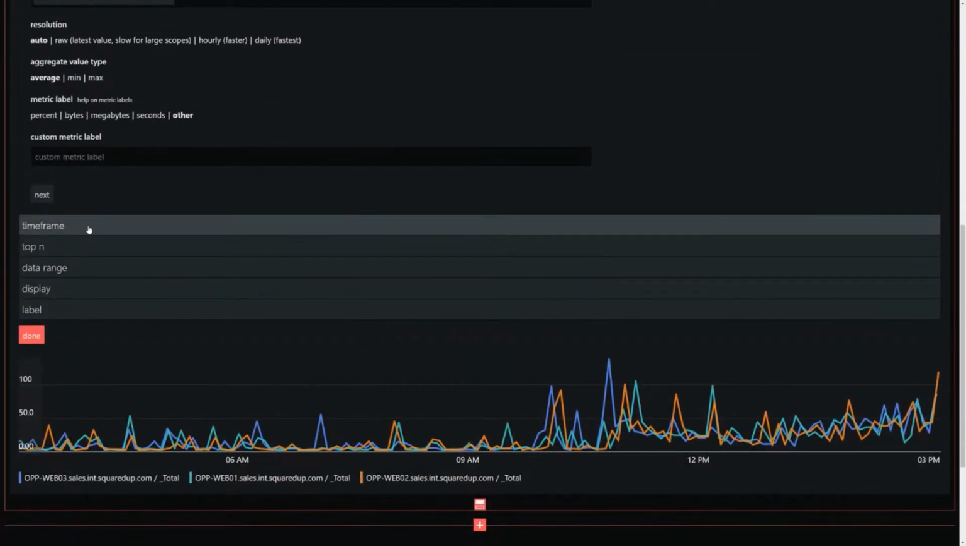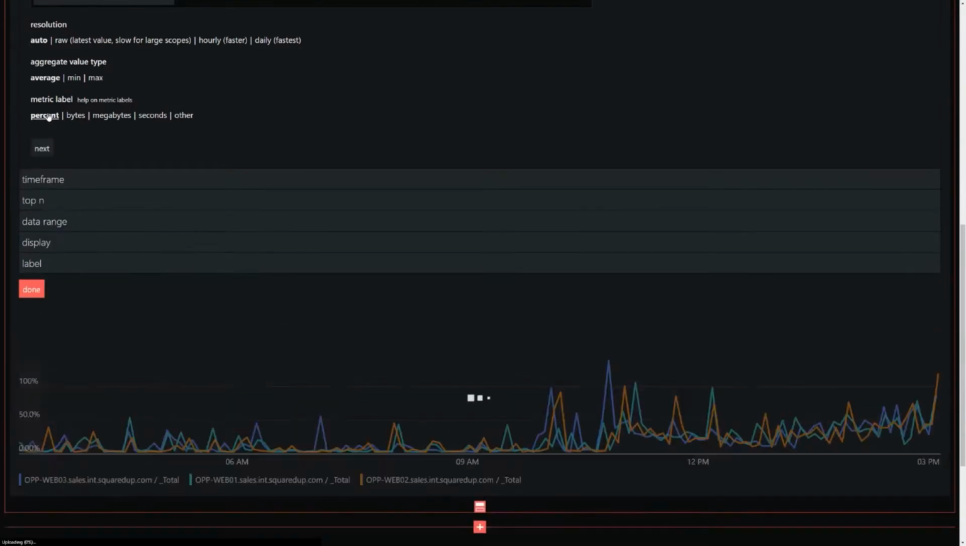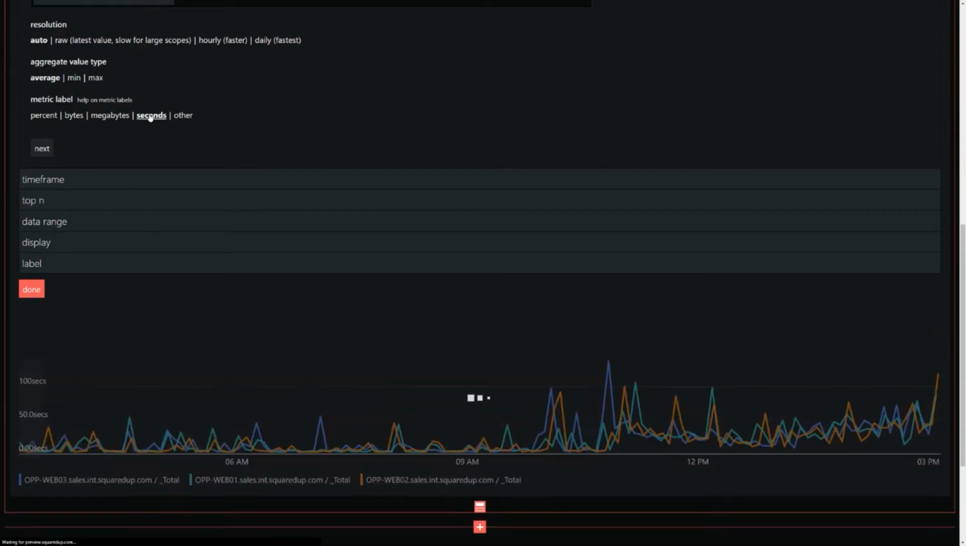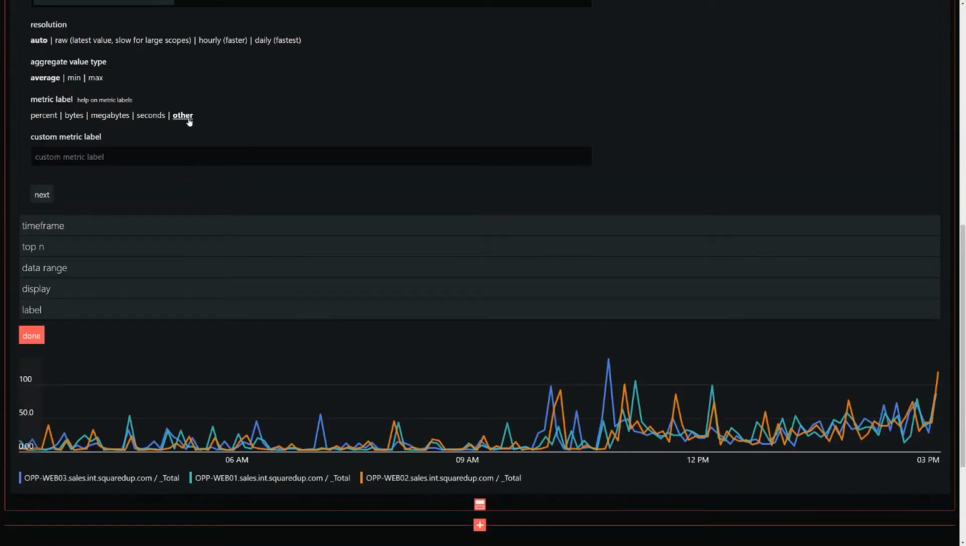I might want to change the way this is presented. For example, if it was a percentage metric, if you notice down here, we've got 100 there. It's not got anything on it at the moment, but if I hit percent, it's going to show us percent. You can do the same for bytes, megabytes, and seconds. Not useful in this case. We're just going to leave that as blank. And on the other option there,